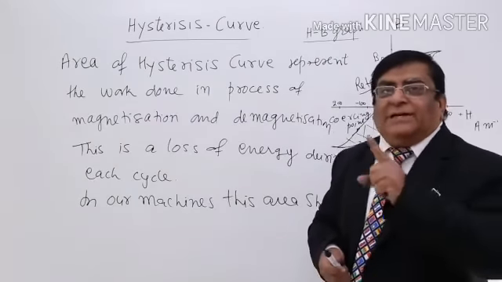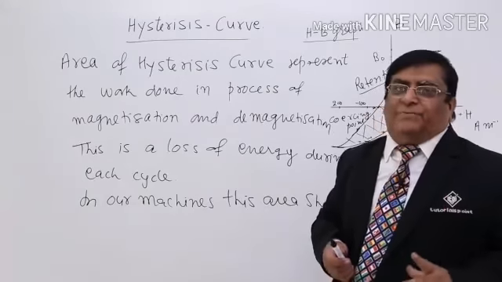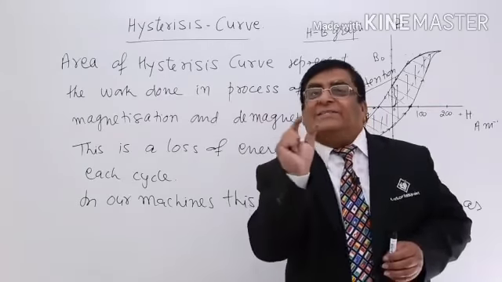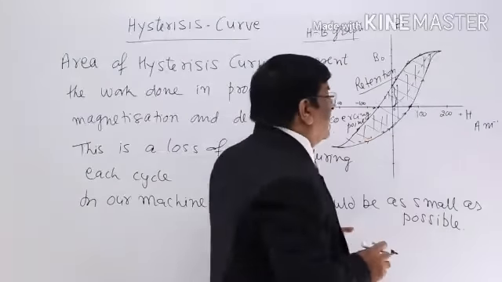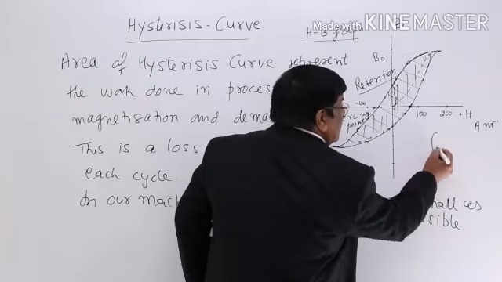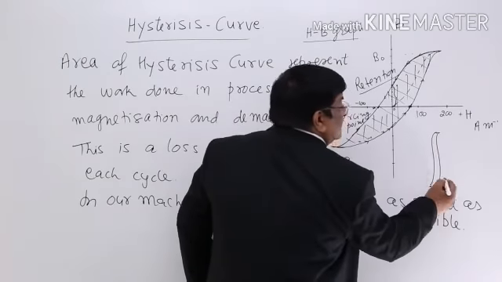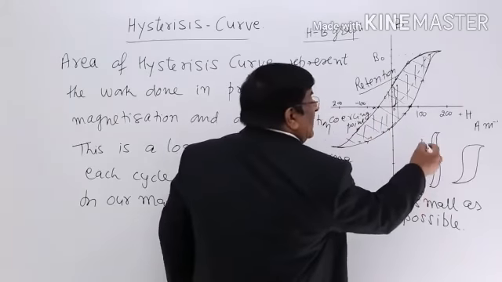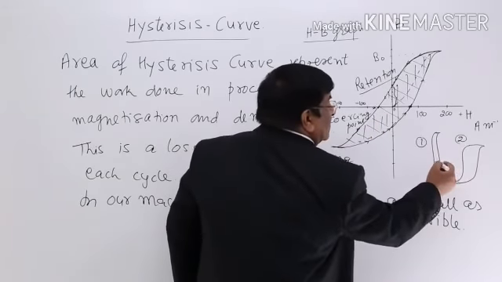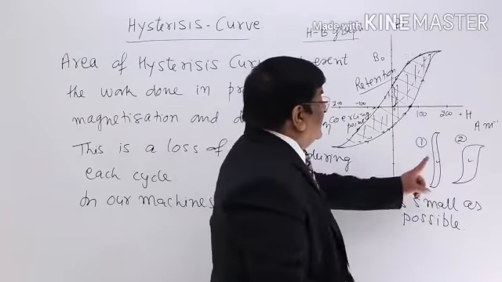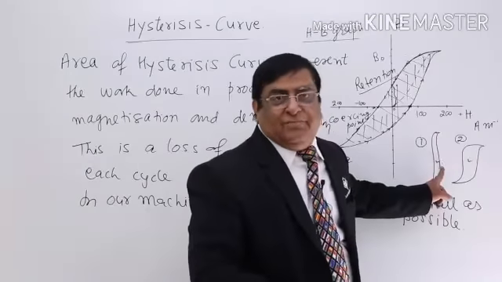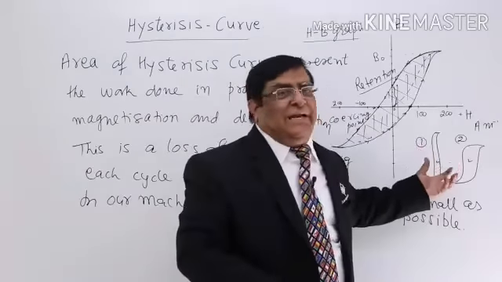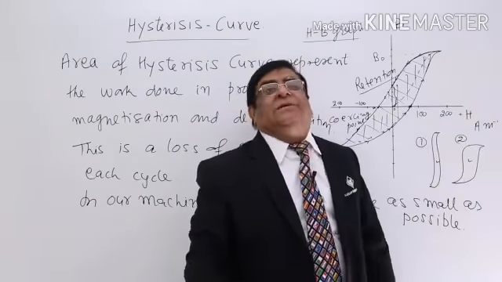But what we want is that the energy loss should be as little as possible. So whenever we buy a machine, we ask the manufacturer to supply a hysteresis curve of that machine. Now he is supplying us hysteresis curves of two machines. One is a hysteresis curve like this. Other is a hysteresis curve like this. We have to buy either machine 1 or machine 2. We will measure this area. In whichever case the area is less, we will prefer that machine, because for each cycle the work lost or the heat lost is less. So this is the importance of the hysteresis curve.